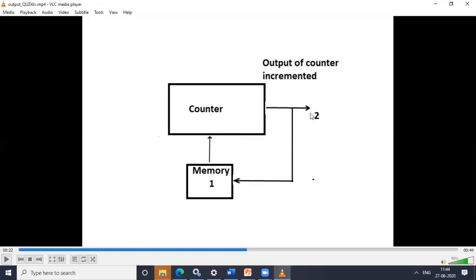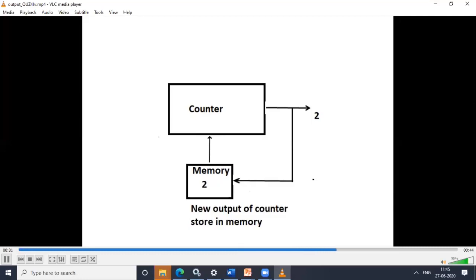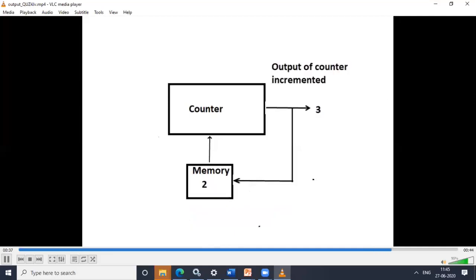Now see, the output which is generated by the counter depends on the previous output. Are you getting what this is? This 1 is the previous output of the counter, and 2 is the current output of the counter. So the output generated by the counter depends on the previous output. That's why we can say that this particular counter is an example of a sequential circuit, in which the output generated depends on past output or past input. So now I hope the difference between combinational circuit and sequential circuit is clear to you.